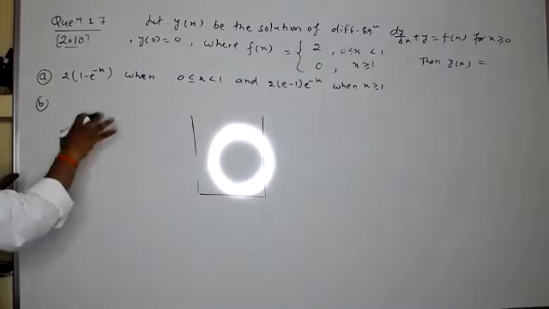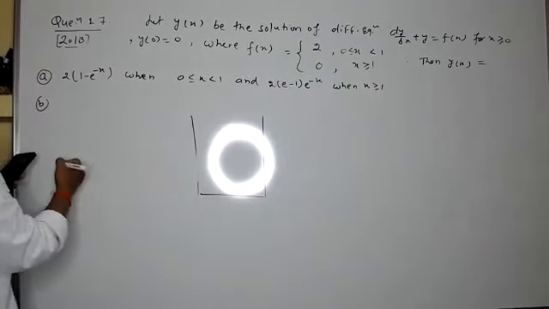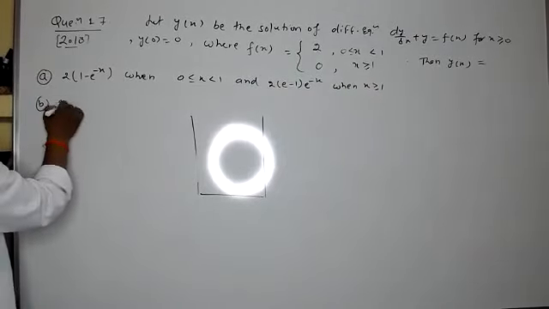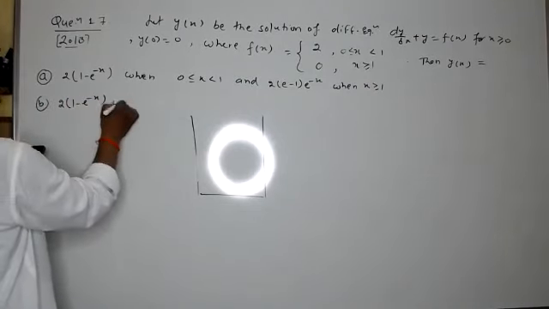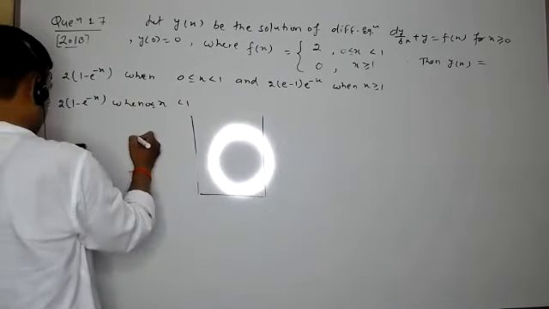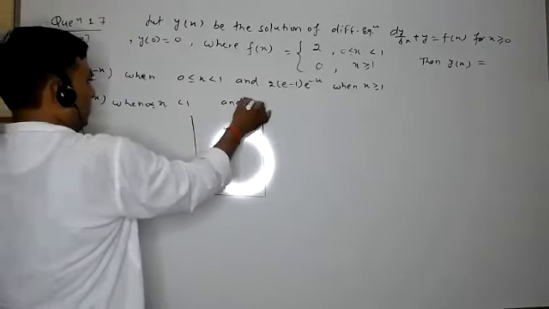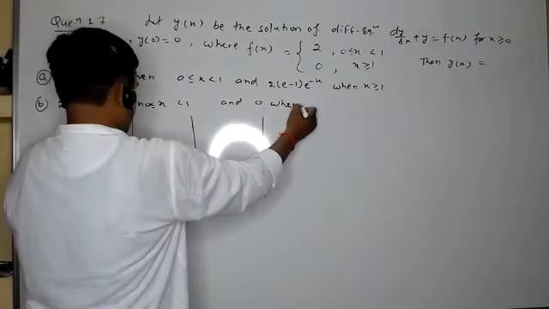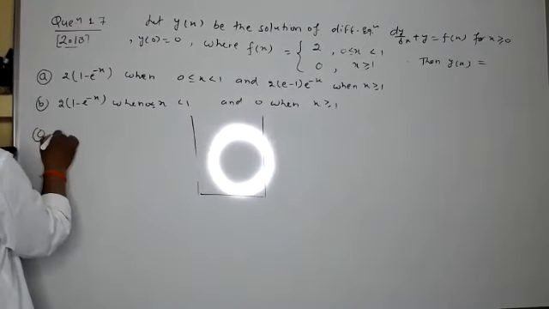So the solutions are like this. You people can try meanwhile, okay? Till then I write the options. 2 into 1 minus e raised to the power minus x when x is less than 1 and greater or equal to 0, and 0 when x is greater or equal to 1. The option C is